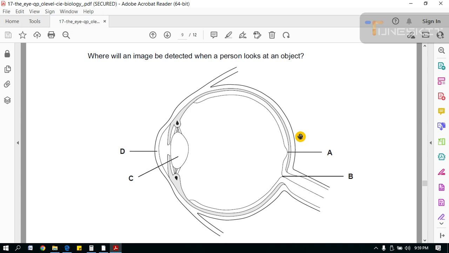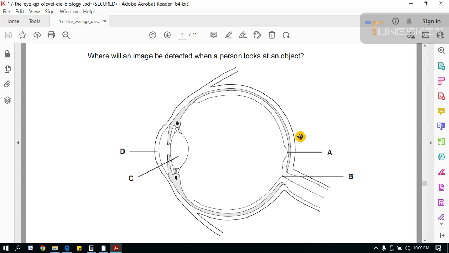Where detection will be carried out. B is cornea, C is lens, A is fovea, it is the part of the retina, and then you have D, that is optic nerve. So here option A is correct, because A is a point, a depression or dimple